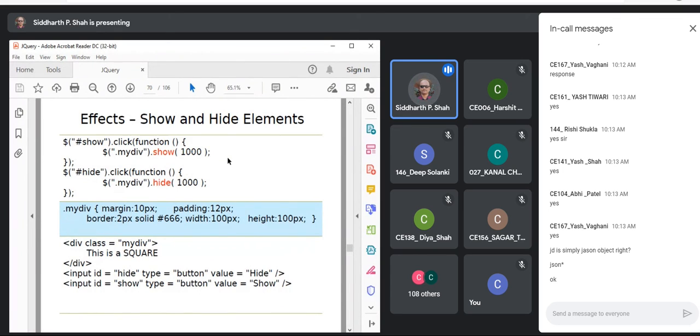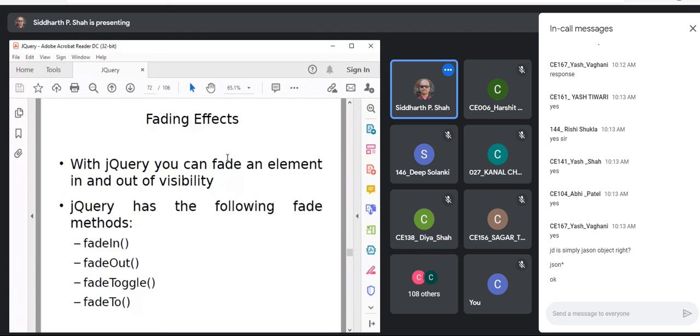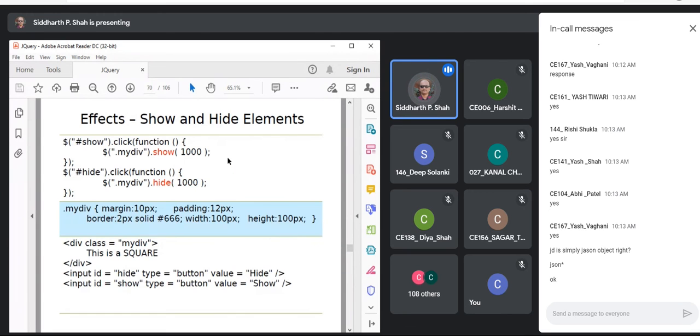So this is one example. Now what will this do? Show and hide, they are two buttons. Actually, it was a GIF that was put in this slide, but as I am right now showing it in PDF, I cannot show that. You cannot see that GIF, which shows the impact of this, but you can do it yourself and it is very simple.